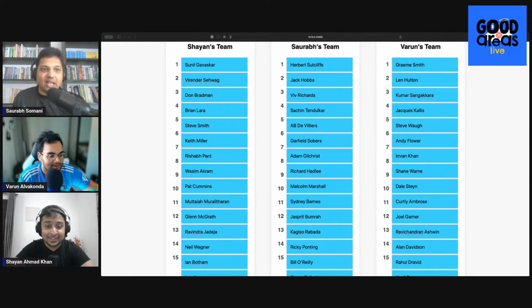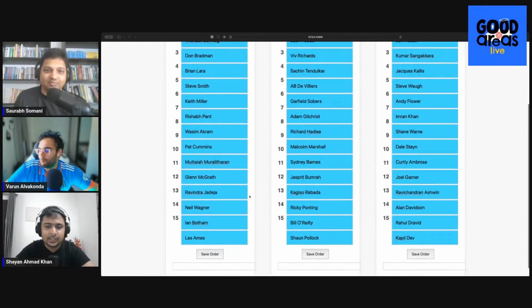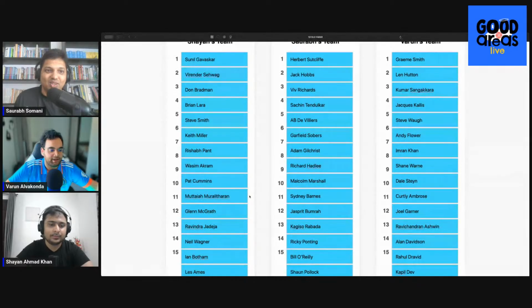And Gilchrist. I've got three of the greatest ODI batters of all time, Gilchrist, that's it. You just swap the order, right? That's essentially it. And Sobers would have been a great ODI batter if he had played it. Makes sense. And I have Bumrah. Actually, the only thing that could save me in ODI cricket is the bowling. And if it's a very tough pitch to bat on,